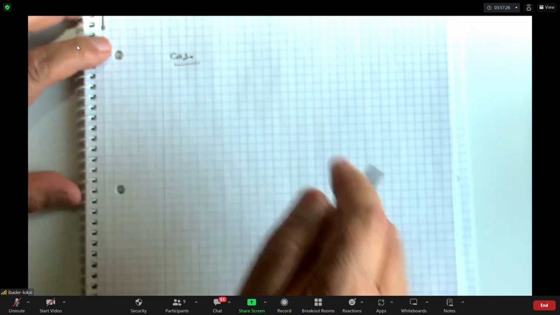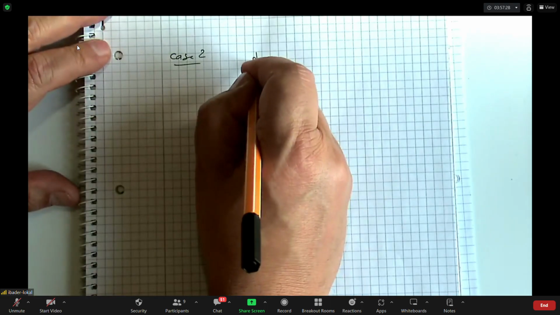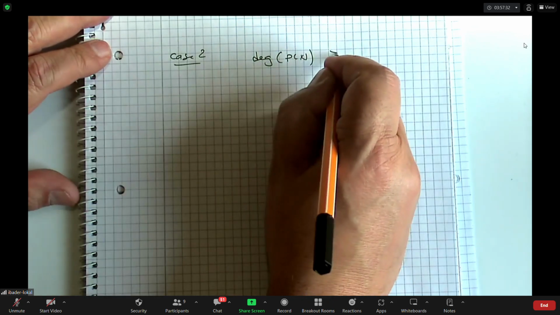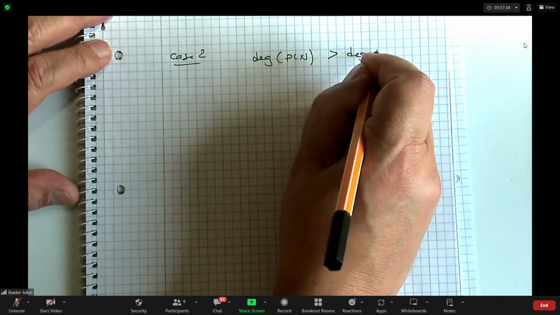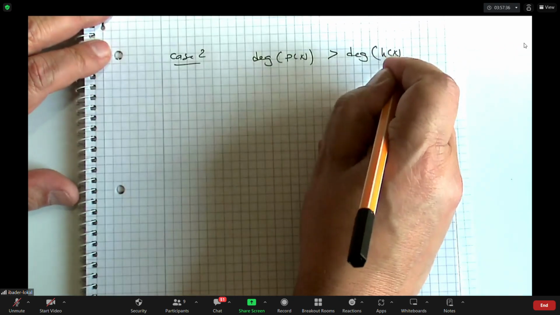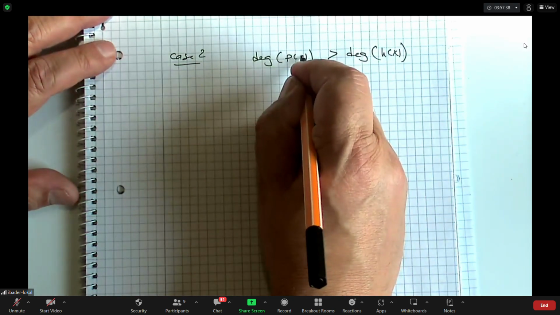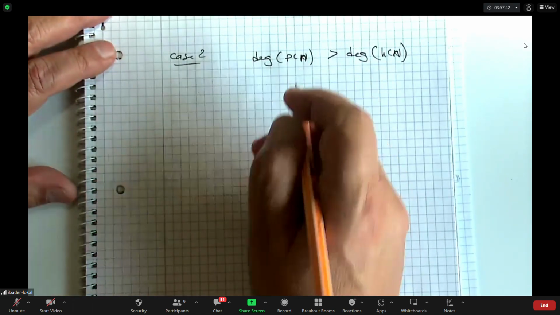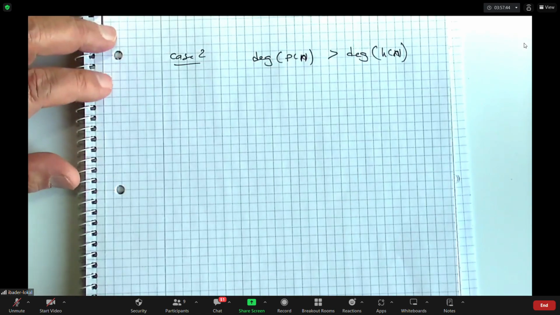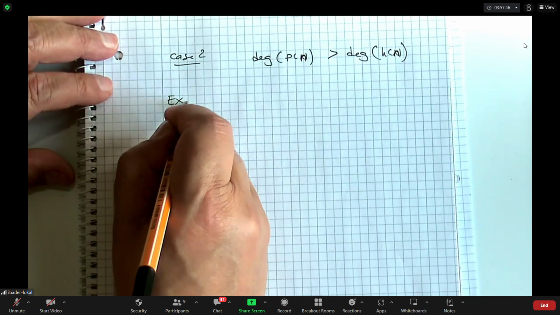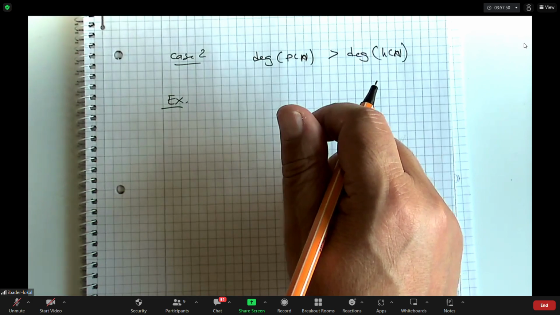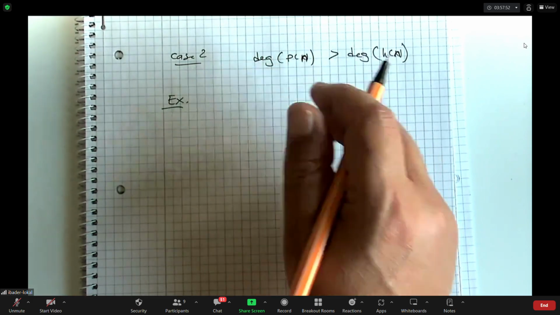Let's take the case where the degree of P(x), the numerator, is greater than the degree of H(x), the denominator. Of course, here it is x or n. Okay, the degree of the numerator is greater than the degree of the denominator. Let's take an example here again. And by the way, it works for all other degrees like the example, as long as the numerator has a